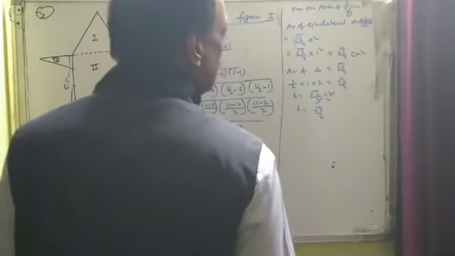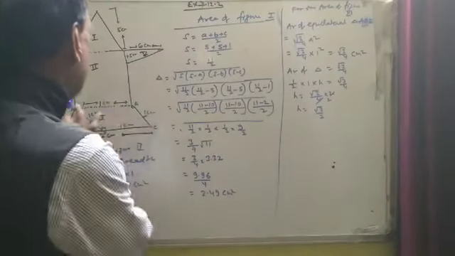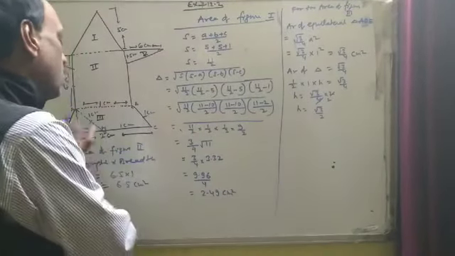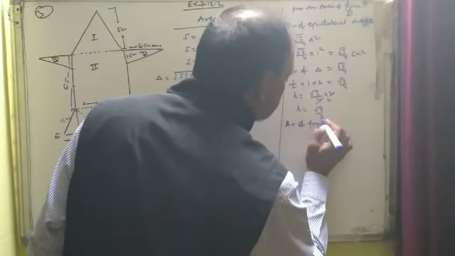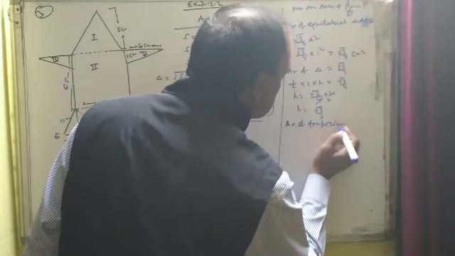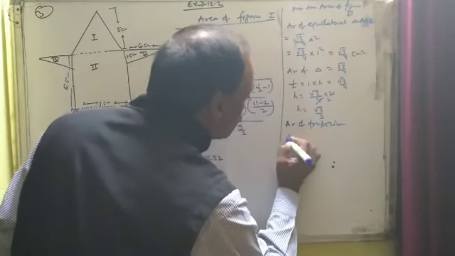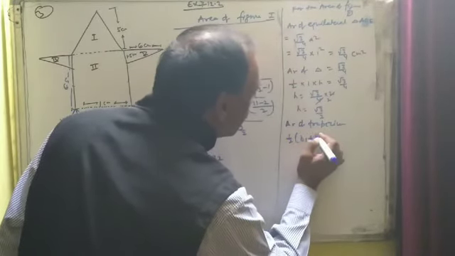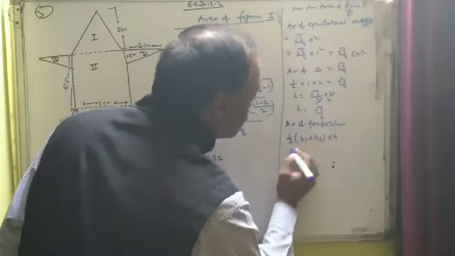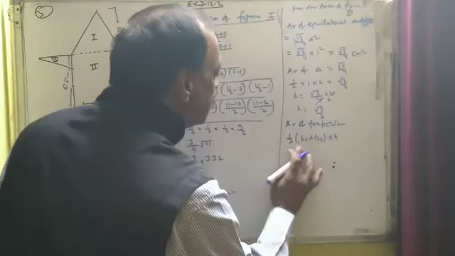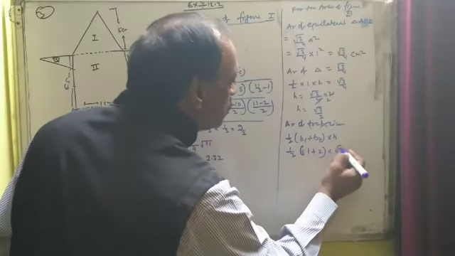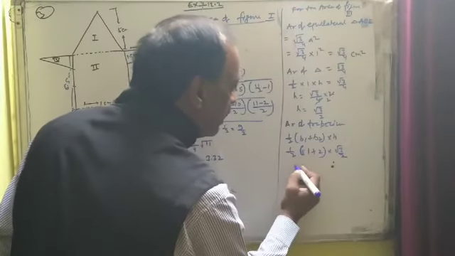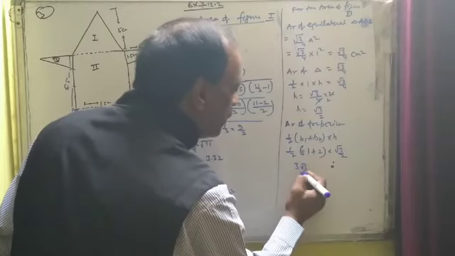After getting the value of h, now we can get the area of this entire trapezium. So right here, area of trapezium. The formula is 1/2 into base 1 plus base 2 into height. Base 1 is 1 and base 2 is 2. Height is √3/2, and it will give us 3√3/4.